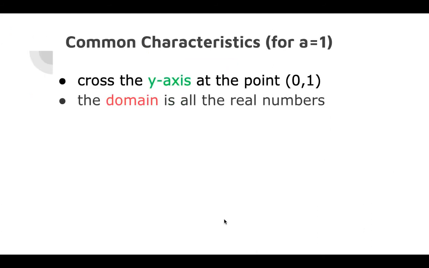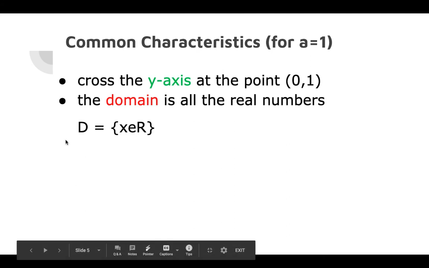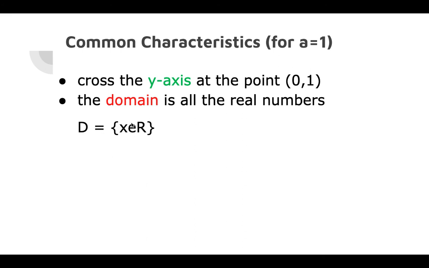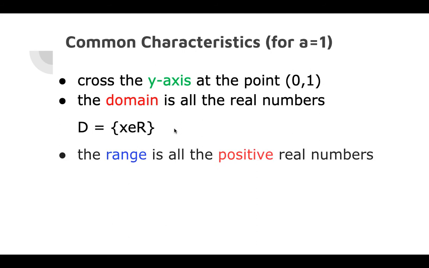And how do we write that? Well, remember, D for domain, curly bracket, x. You can put whatever e you want here. Sometimes I put a little e so I don't have to go searching for that special e. x is the element of the real numbers, and then close brackets. Now for the range, it's all positive real numbers. So it looks like this,